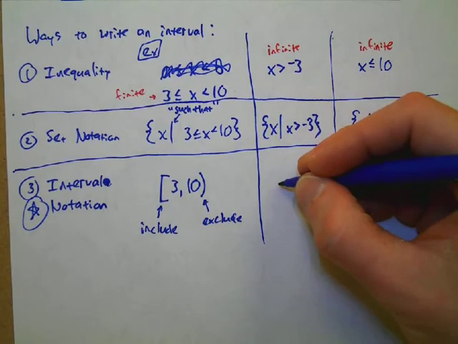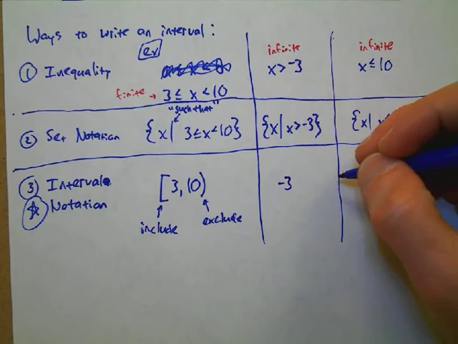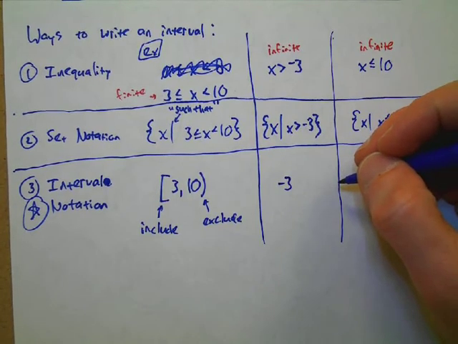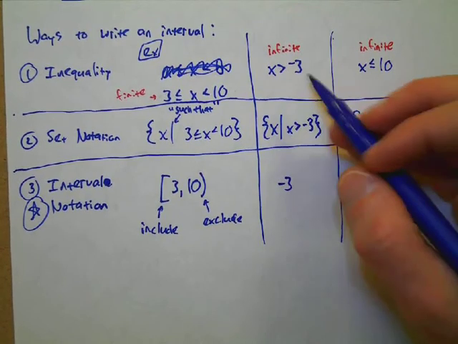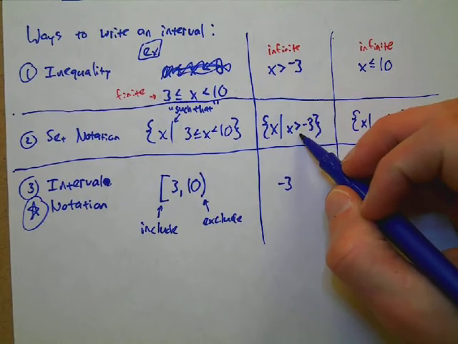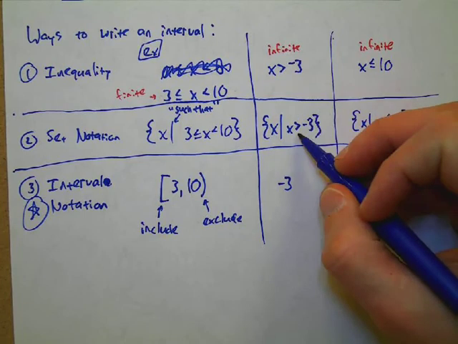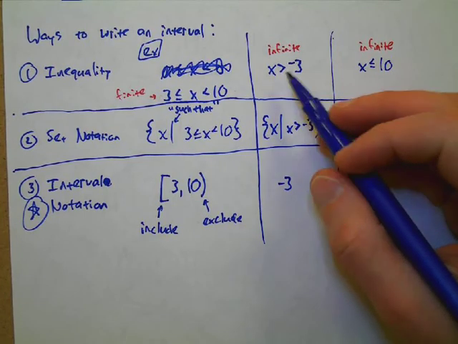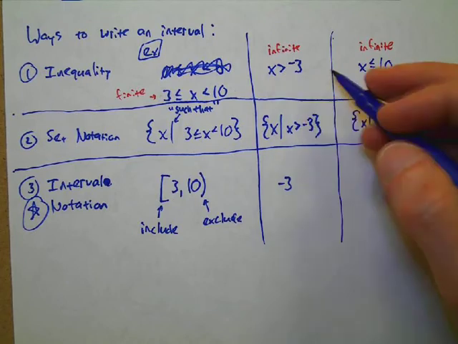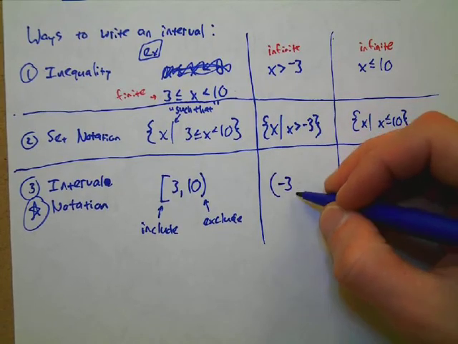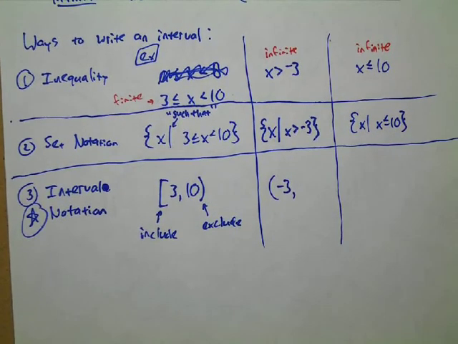All right, let's do this one right here. What's the smallest number in this interval going to be? Negative 3. This is where we start. Do we include or exclude the negative 3? Are we including the negative 3 according to the inequality? Does our inequality have the equal to? Oh, no, I'm sorry. So it'd be a parenthesis, exclude, and so would the other side. Comma, and then